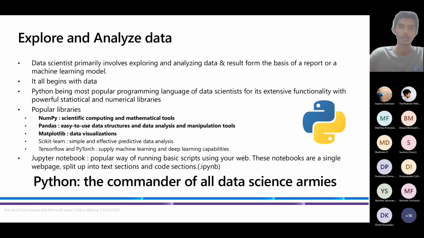I will be using Visual Studio Code. Those notebooks are really simple, and it is a single web page which is split into a number of text sections and coding sections. That's why I said Python is the commander of all data science armies. One of the best choices of data scientists and data engineers is Python because of its amazing capabilities. So moving on,